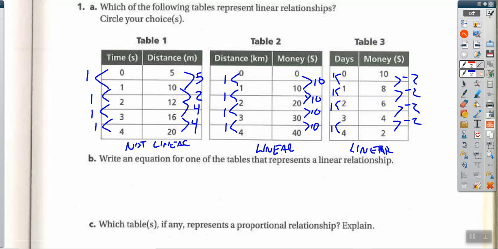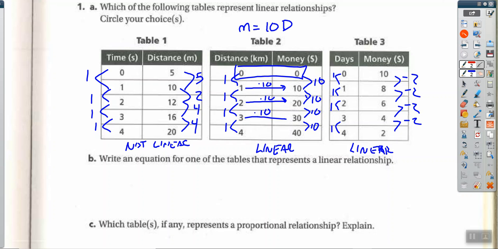So write an equation for this. Table number 2 ends up being a proportional relationship because it goes through 0, 0, which makes life really, really easy. What we're doing here is we're multiplying 1 by 10 every time, 2 by 10, multiplying 3 by 10. So really, to get the money, M for money, we're just saying